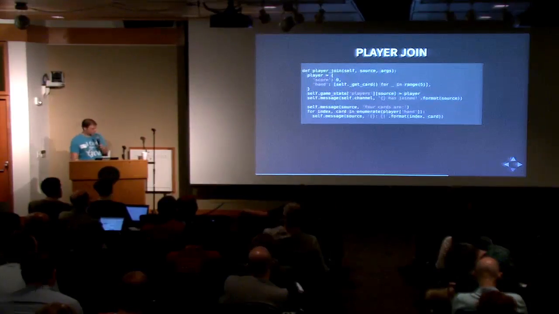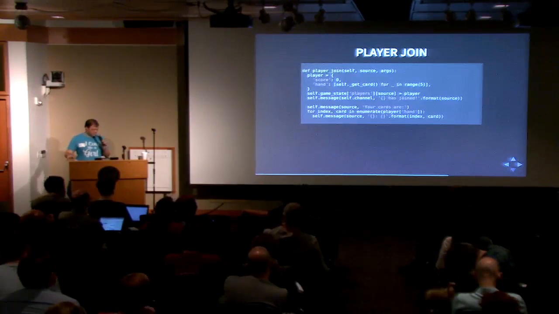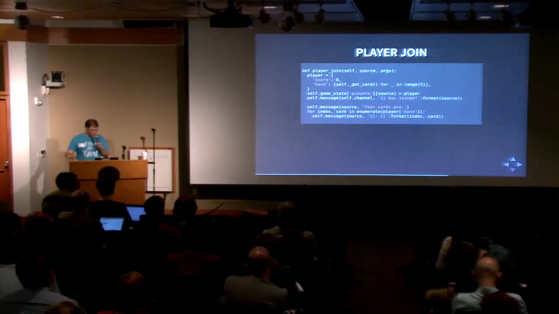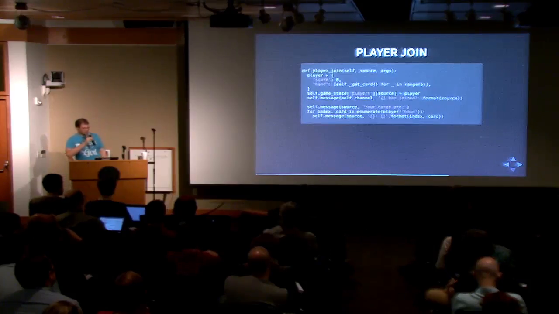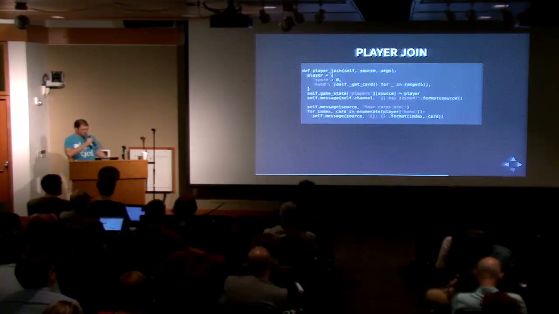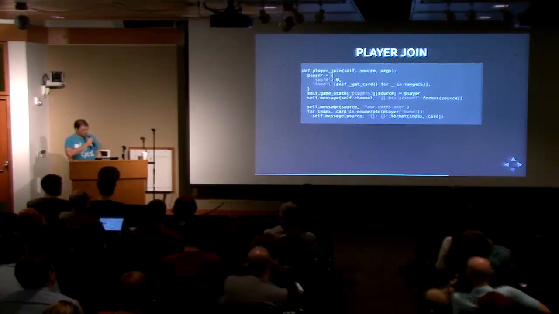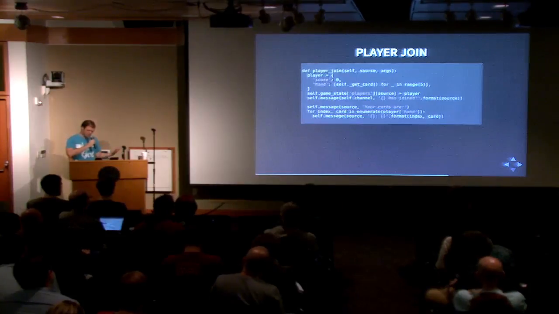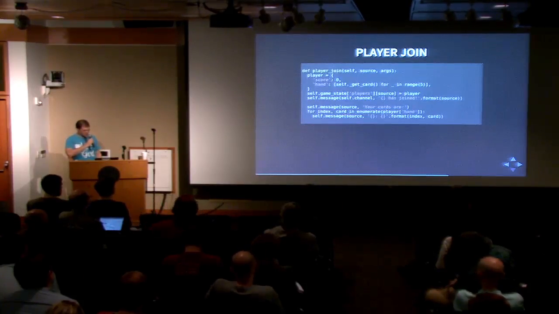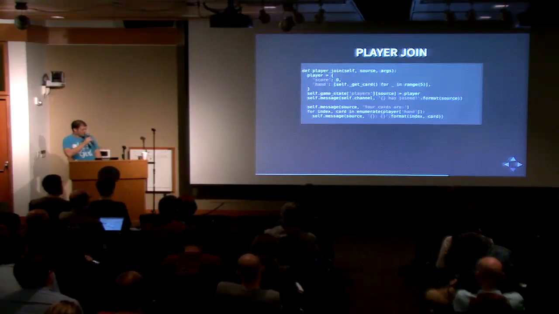Here's the player join method that we just called. All it does is it creates a player, which in this case is just a dictionary, sets your score to 0, creates a list of all of your cards using this getCard method. Then it will set your name in the dictionary of players on the game state as the key, and then that dictionary we just created as the value. It will send a message to the channel saying that this person has joined so that you know that everything worked. Then it will send a private message to you, because there, instead of sending the message to the channel,